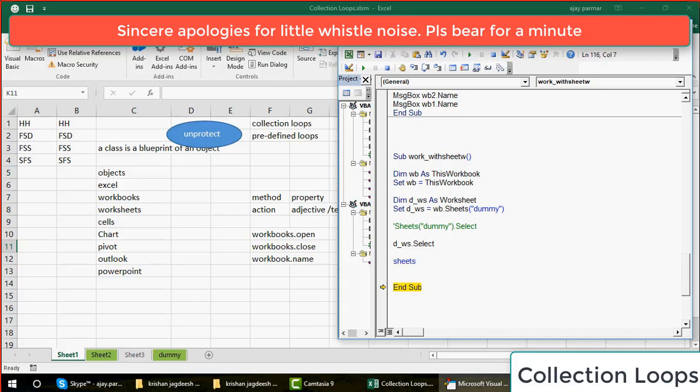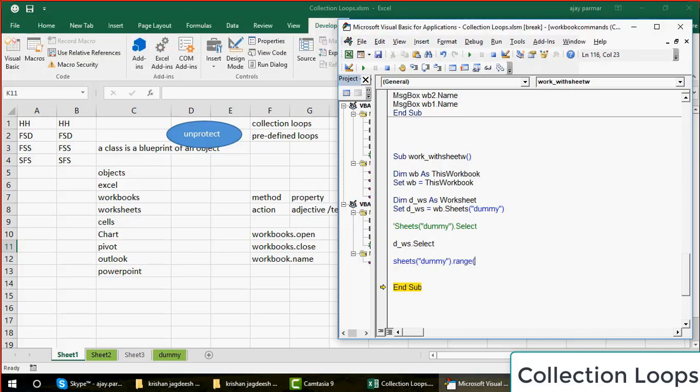In this case, you would write Sheets dummy, Range A1 dot Value, and you give something, let's say. But you already have defined your dummy sheet. So can you not just write D underscore WS dot Range, and then write A1 dot Value? Of course. Let me run this.